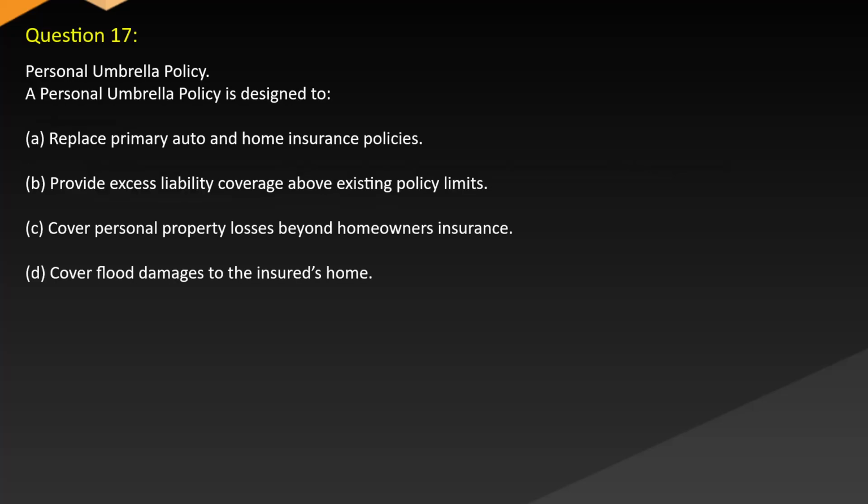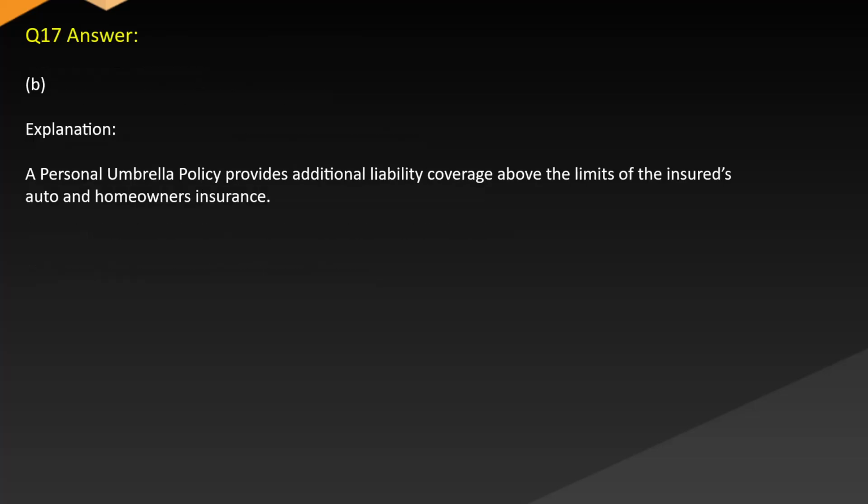Question 17. Personal umbrella policy. A personal umbrella policy is designed to: A. Replace primary auto and home insurance policies. B. Provide excess liability coverage above existing policy limits. C. Cover personal property losses beyond homeowners insurance. D. Cover flood damages to the insured's home. Answer B. Explanation. A personal umbrella policy provides additional liability coverage above the limits of the insured's auto and homeowners